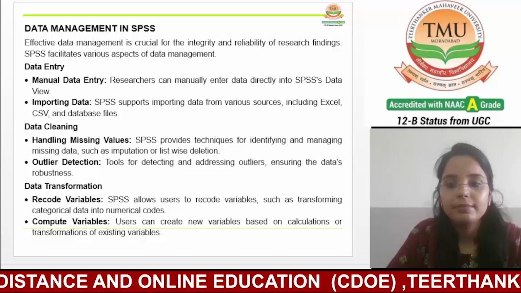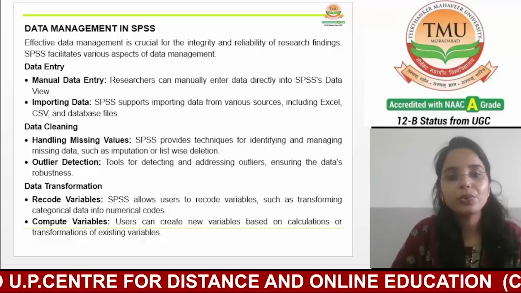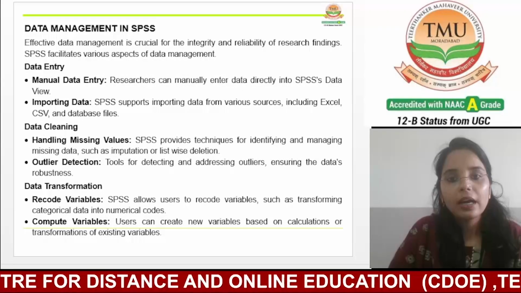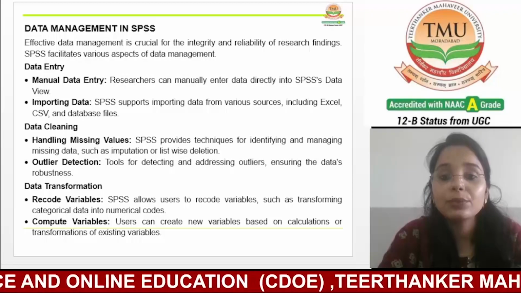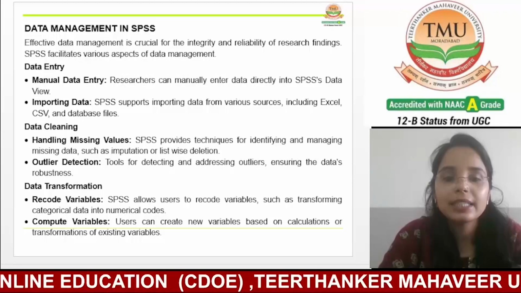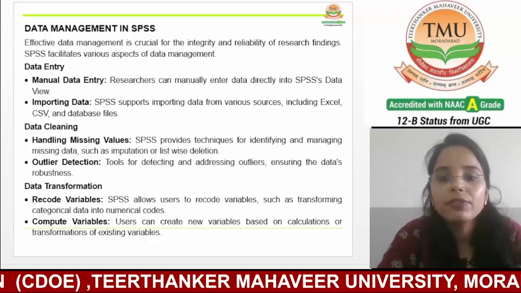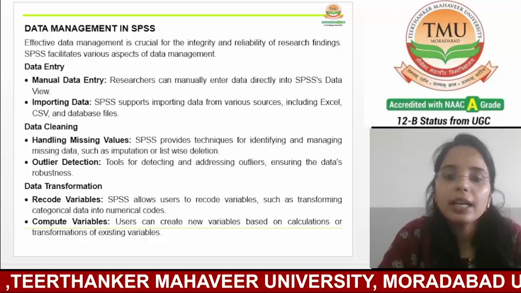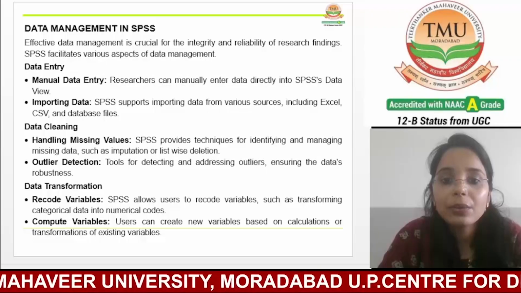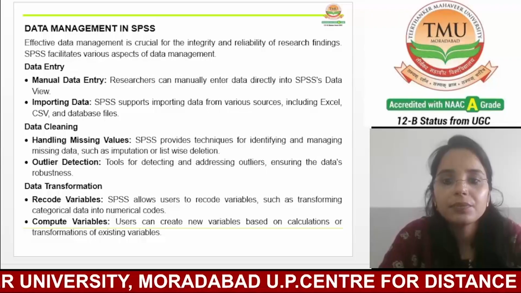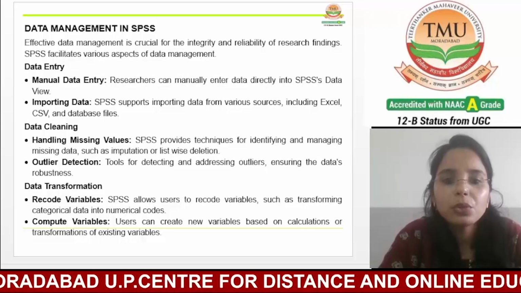Now, the second one is compute variable. Compute variable means you might need to create new data based on existing data. For instance, if you have a variable for height and another for weight, you can use SPSS to calculate a new variable like body mass index, which is very useful.